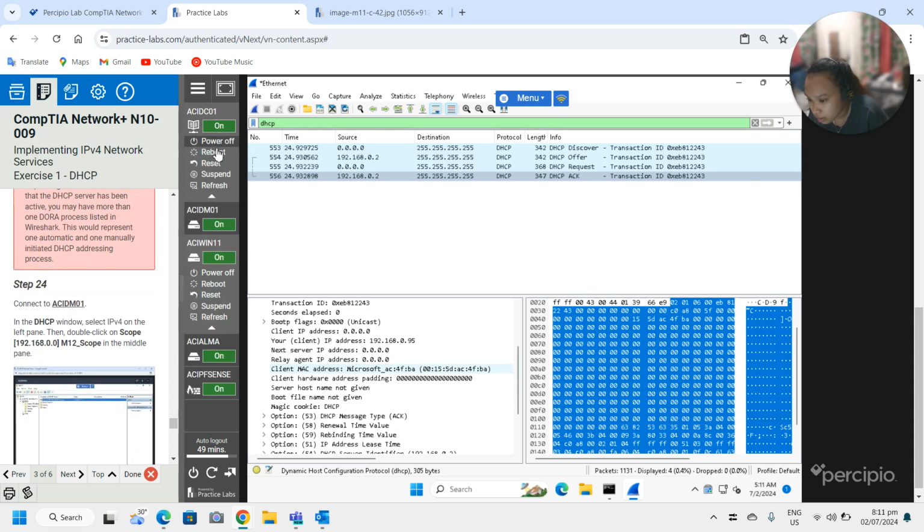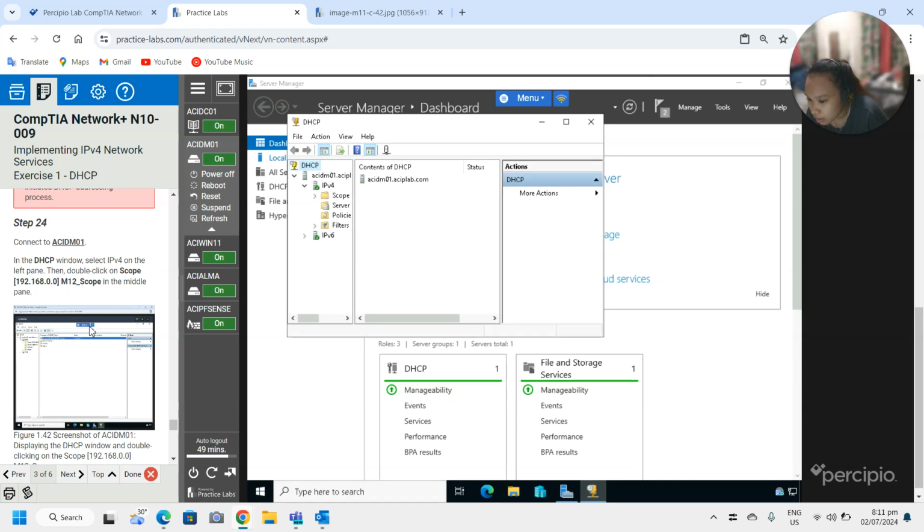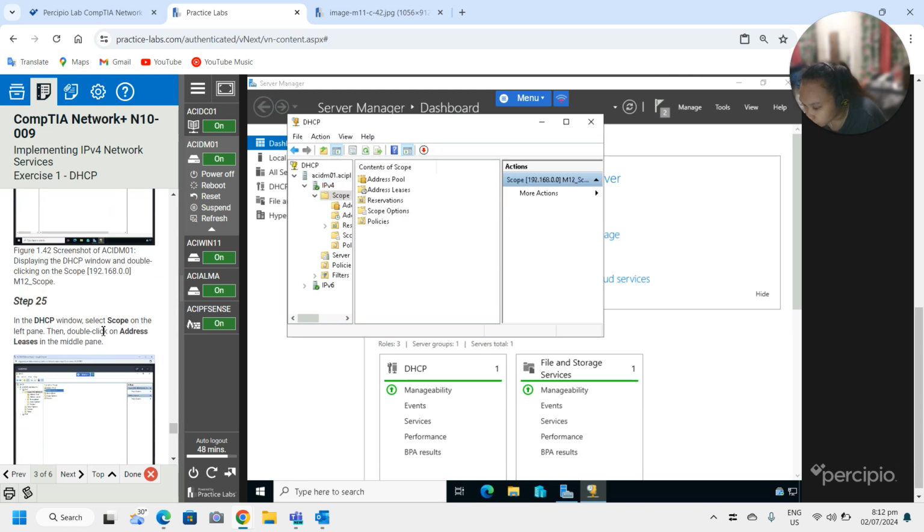So connect to ACID01. In the DHCP window, select IPv4. Double click on scope. In the middle pane, in the DHCP window, select scope on the left pane. Address list.